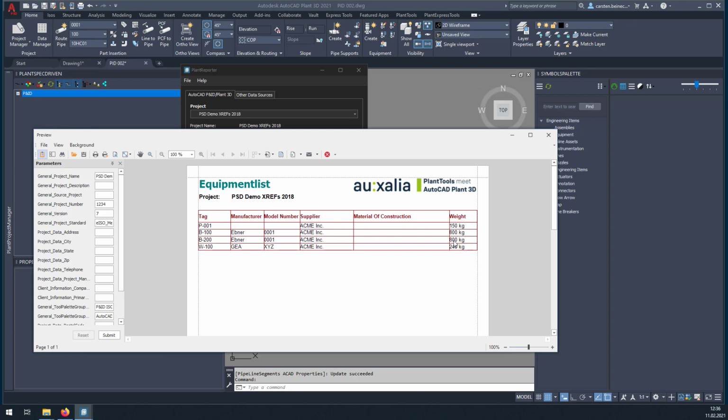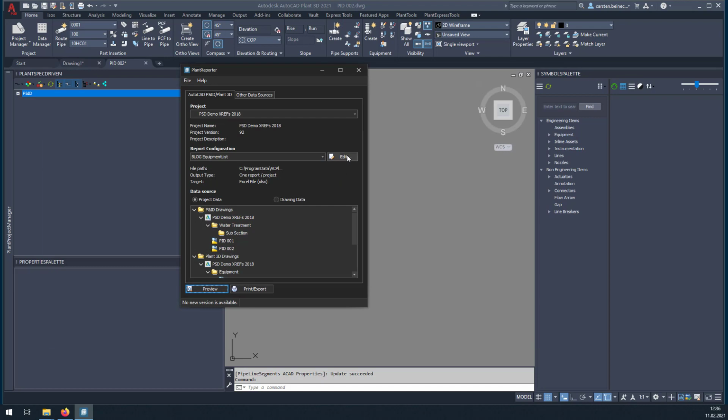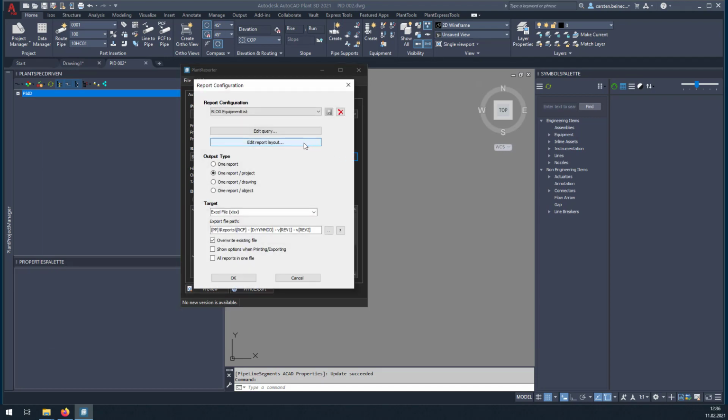If the weight here in a metric project, we use kilogram of course, but if the weight is greater than 500 kilograms, then the color should also be red. Okay, so how do we do that? We go into our layout,